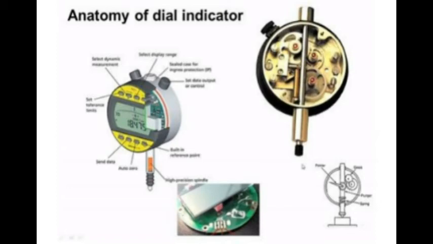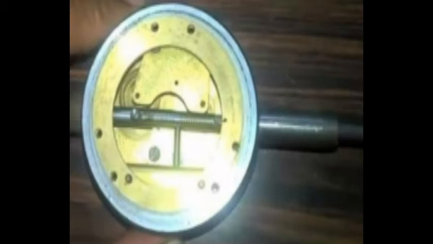Now the magnified view of the internal structure, you can see the spindle on which the rack is cut, and the pinion is in contact with the rack, and there is a spring to bring back the rack when the workpiece is removed, and this is the guide for the rack, and this is a spring, and there is a gear train for amplification of the signal. The gear train amplification is the most common method used to magnify the dial indicator motion, that is the plunger motion, because its accuracy meets the requirements of comparison measurements.